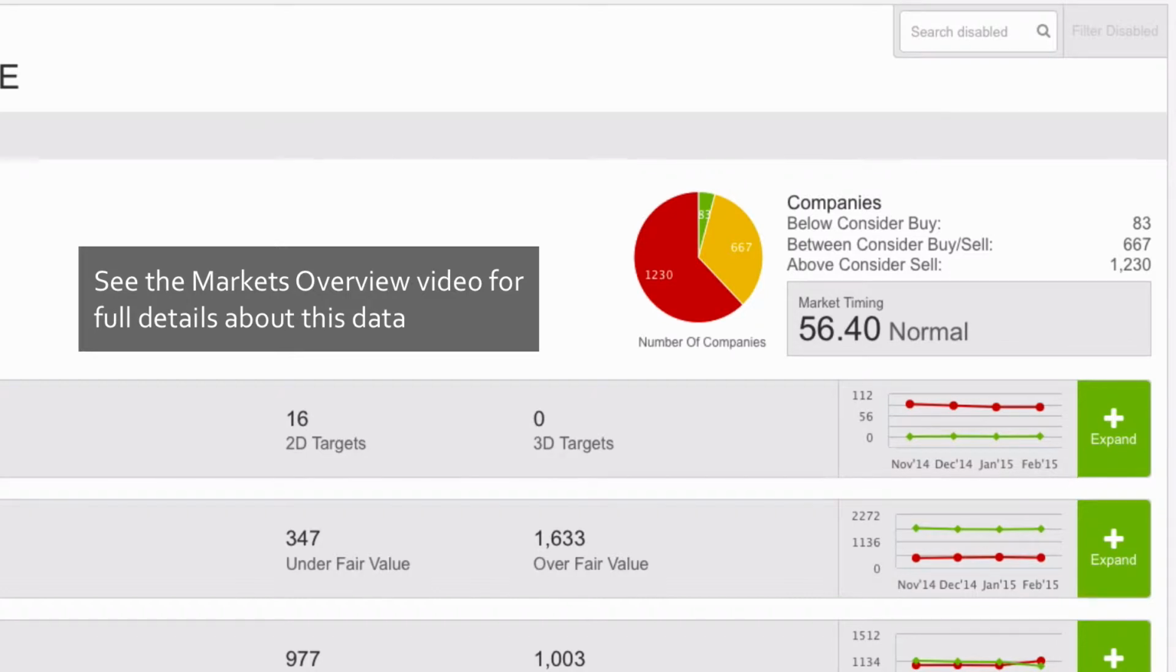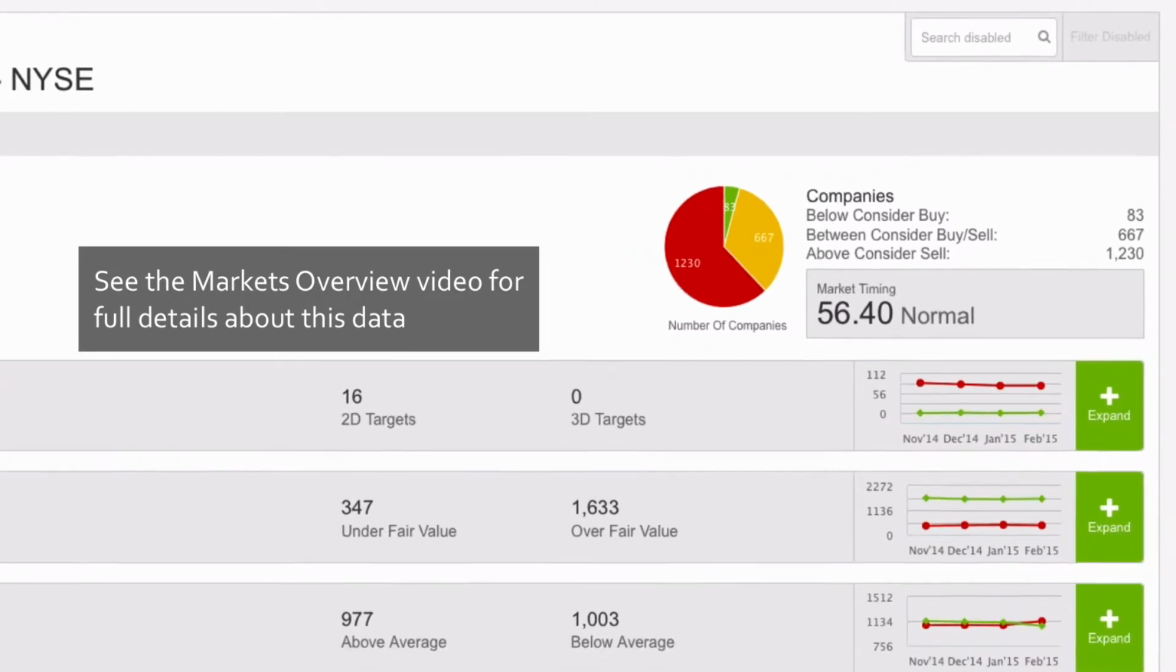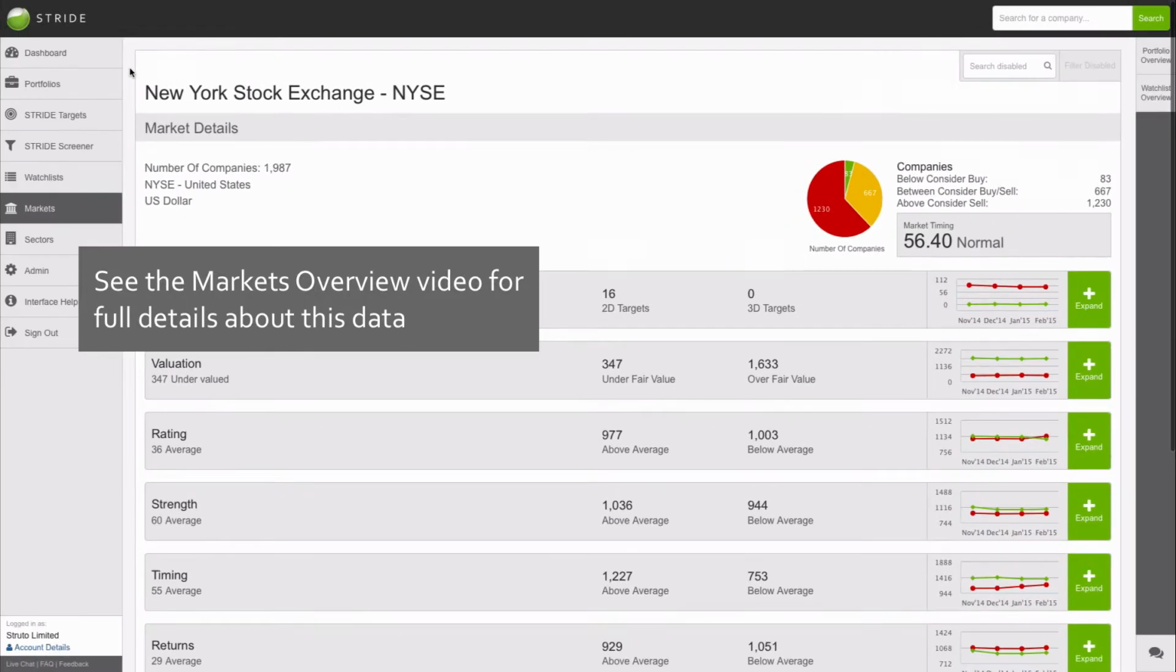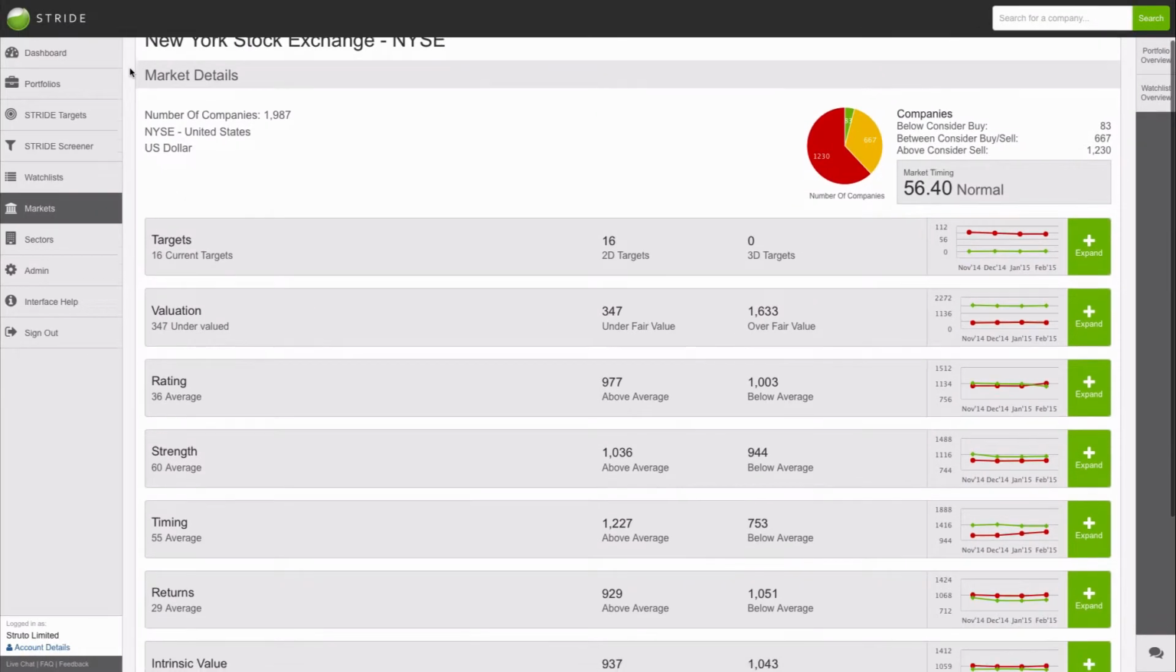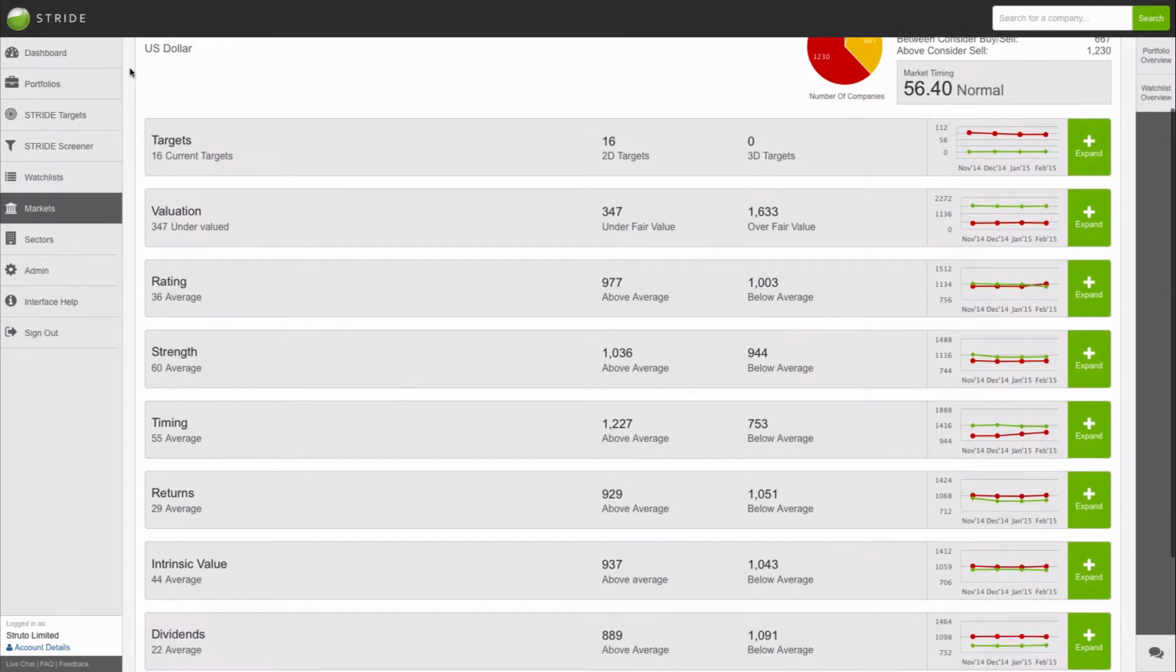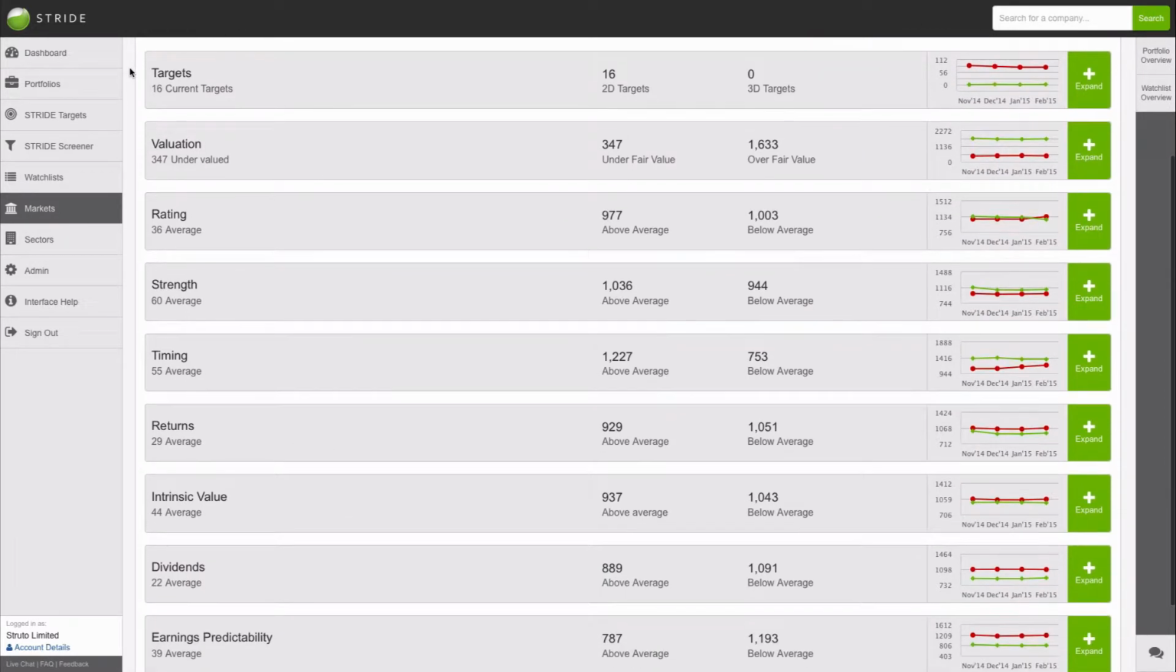On the right is the average timing score as calculated by the Stride timing engine and weighted to market cap for an accurate reflection of capital flow across the market. Full details of these are covered in the Markets Overview video. Moving down the page, the market you've chosen to view is broken down into segments according to Stride analysis and